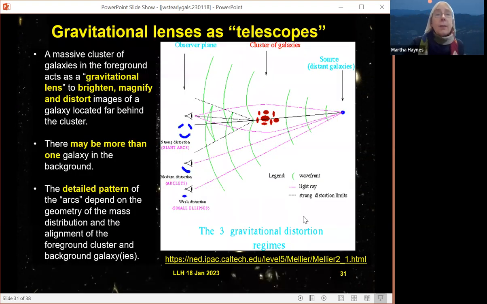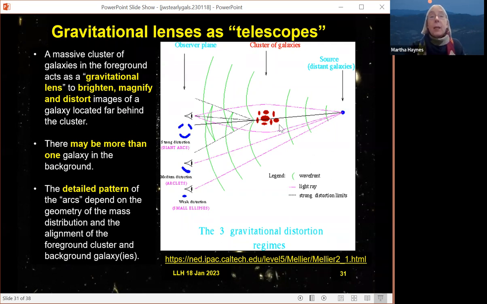And so here's the idea of that. We have a massive cluster of galaxies. There's a very distant object, and the light from that distant object travels towards us. And depending upon where we are, where our eye is, if it's a little below or a little above relative to this object, we see images that are caused by the gravitational mass of this foreground cluster. So a massive cluster acts as a foreground gravitational lens to brighten, magnify, and distort the images of the galaxy